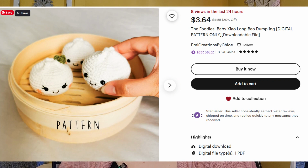The third pattern are these soup dumplings from Emmy Creations by Chloe, who also has a YouTube channel. I think I can link that down below, so I'll link that as well. She has a lot of patterns, but I specifically like these dumplings. And if you watched my Market Makes video, the dumpling I made is not quite how they come out. I messed up the pattern because I wasn't paying attention, but they're still very cute and should work up fast. I think she said she makes them in like 30 minutes. It took me a little longer than that, but they're her own patterns, so I'm sure she's like super fast